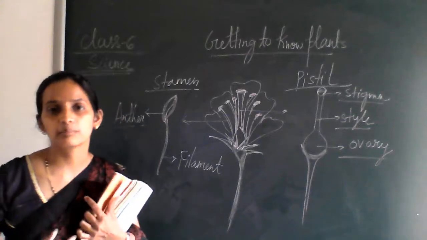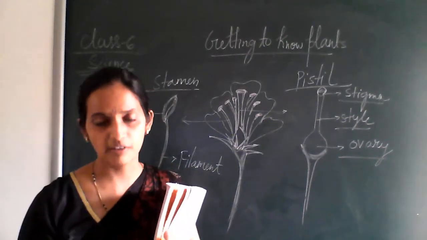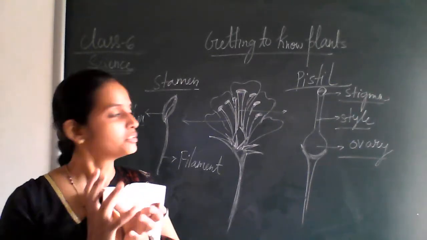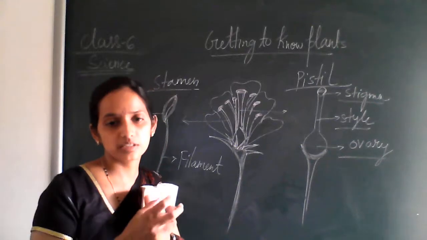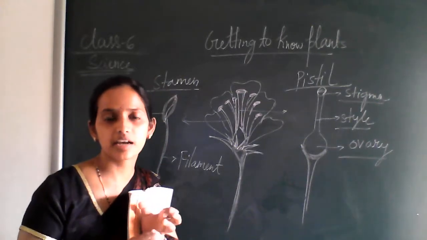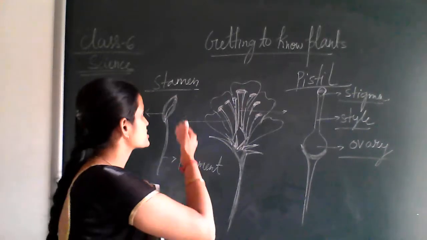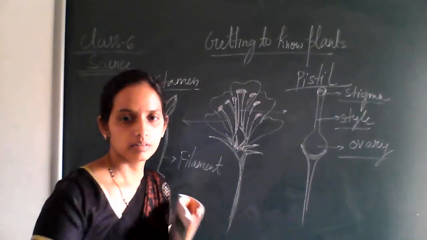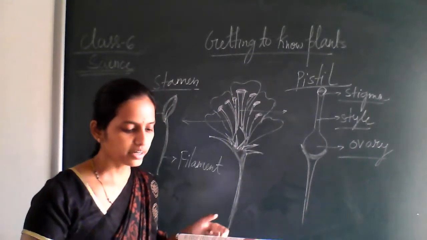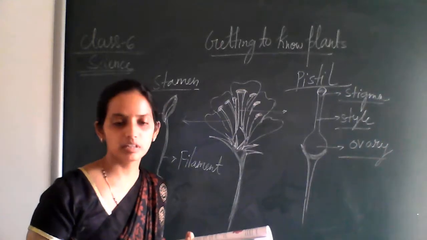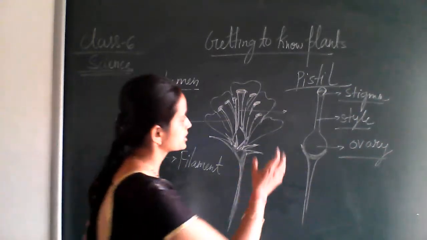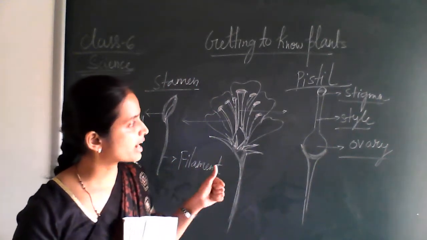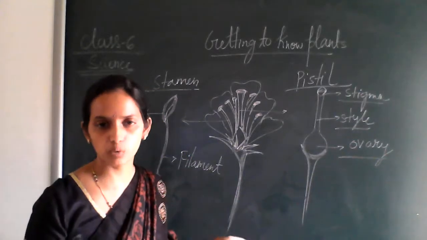The best example you can take is the hibiscus flower, or the dashar phool. The dashar phool is large, right? So you can identify the parts in those plants. You can easily understand the petals, sepals, then the stamens, and then the pistil. Draw a neat labelled diagram of the pistil of your flower, which is further divided into stigma, style and ovary.